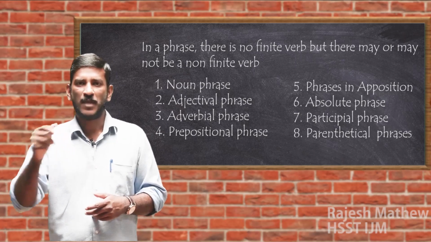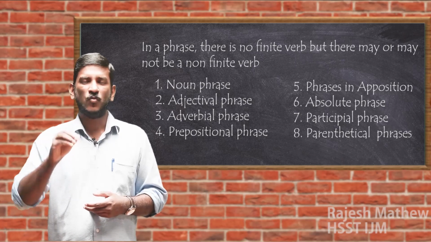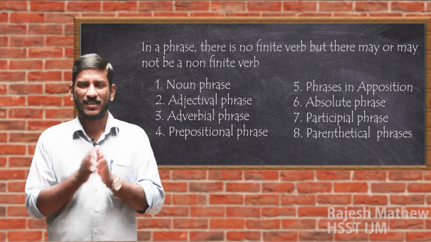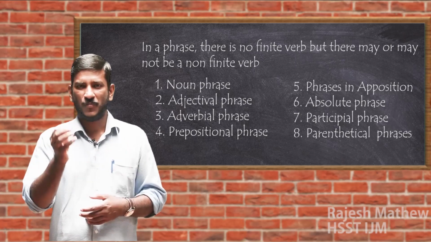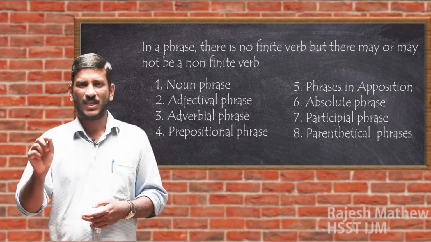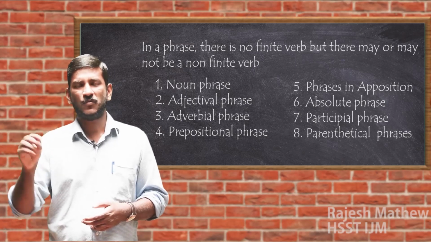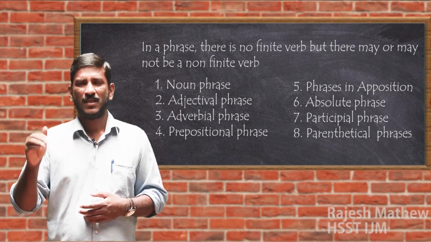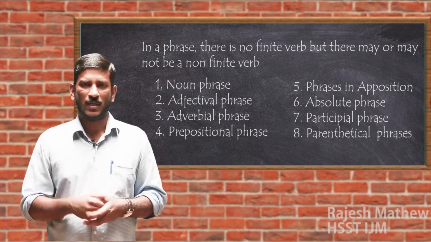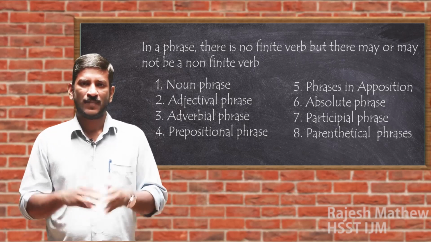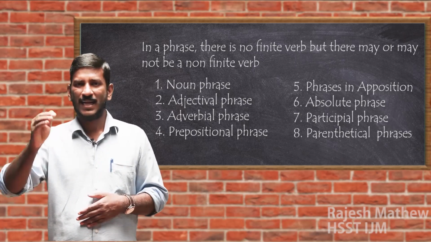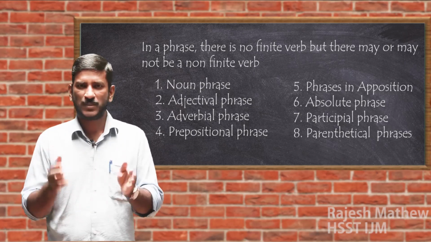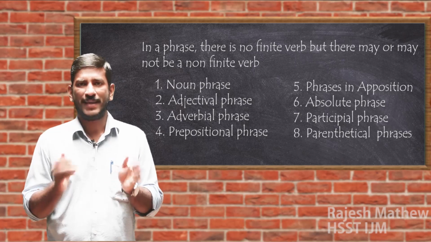3 phrases are very important because you will definitely come across them in your second year English course book. The first one is adjectival phrase, the second one is adverbial phrase, and the last one is prepositional phrase. All these 3 phrases are discussed in the second year textbook, and the most prominent one is the adjectival phrase, which is discussed in one of the activities in the first block in that chapter.